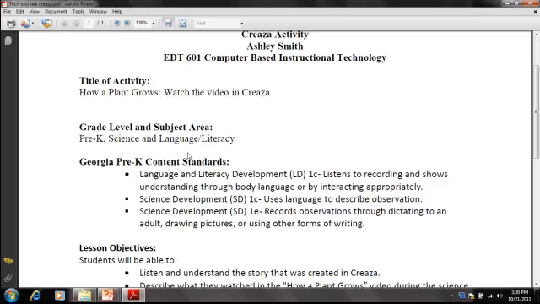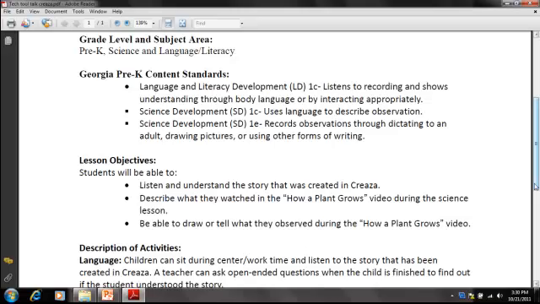I teach pre-K, so this would be science and a language and literacy activity, and I'm going to tell you how. Georgia pre-K content standards, I have language and literacy development, and this would be for them listening to the recording or the show, and you show understanding through body language or by interacting appropriately. So they're watching this video and they're about to interact and they're going to show body language and they're going to be able to tell you what they saw. So science development content standard would be uses language to describe observation, which they would have to tell you what they saw from the video, and records observations through dictating to an adult, drawing pictures, or using other forms of